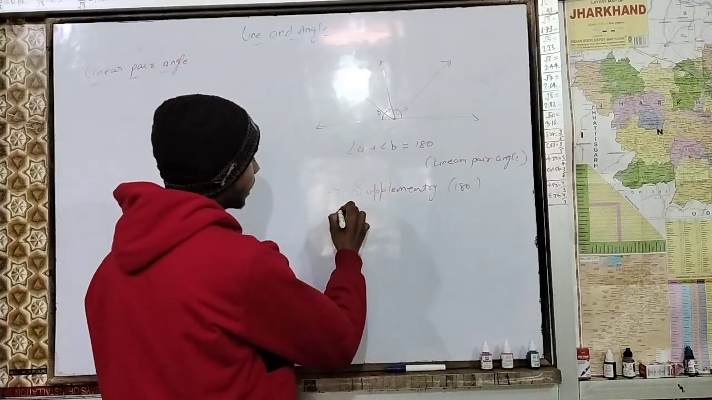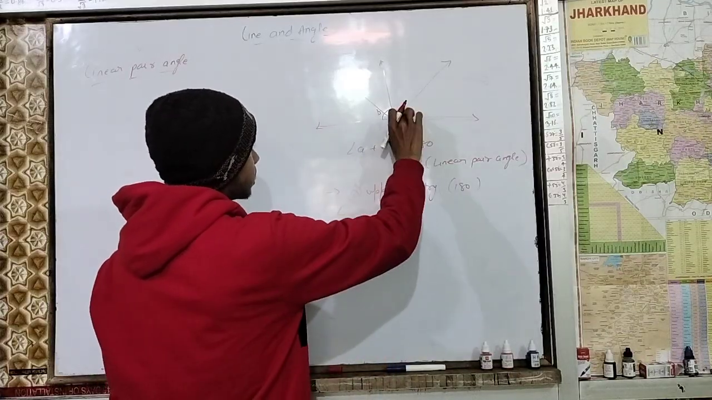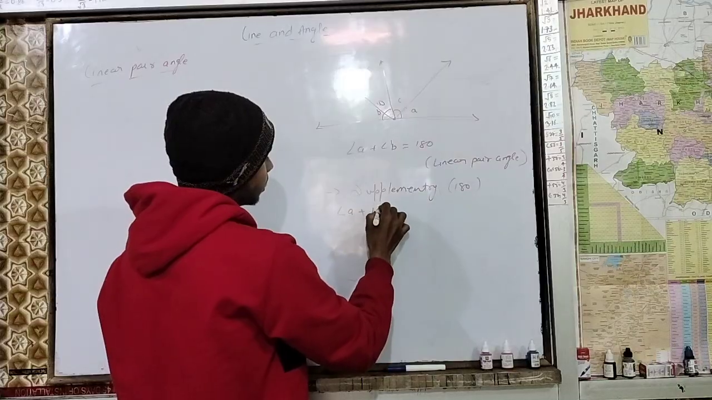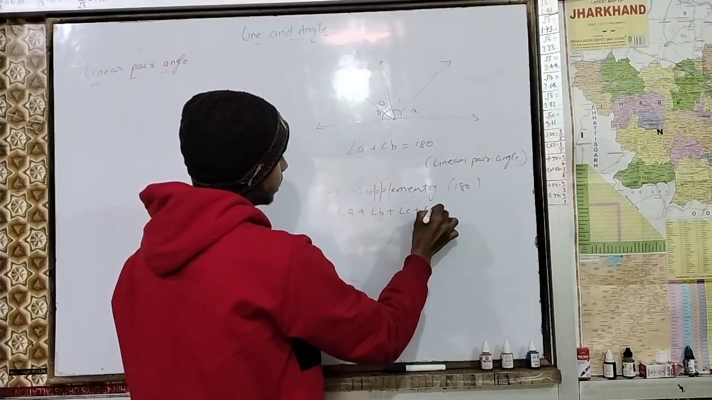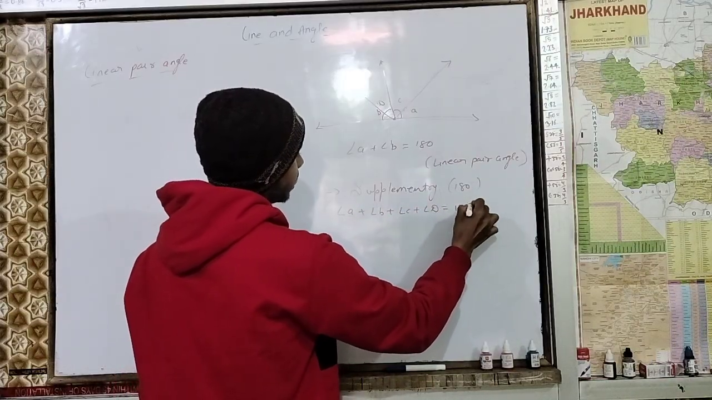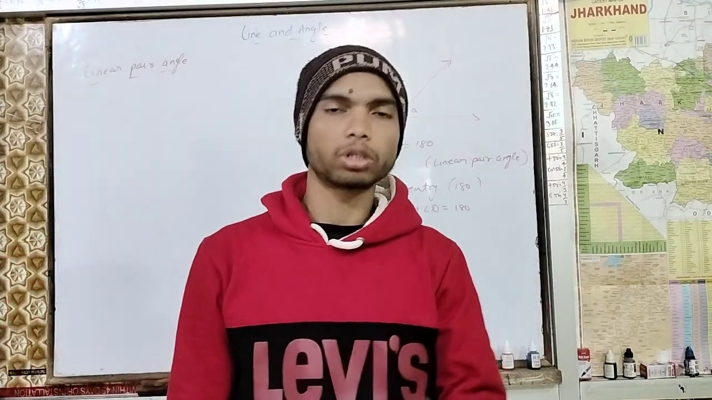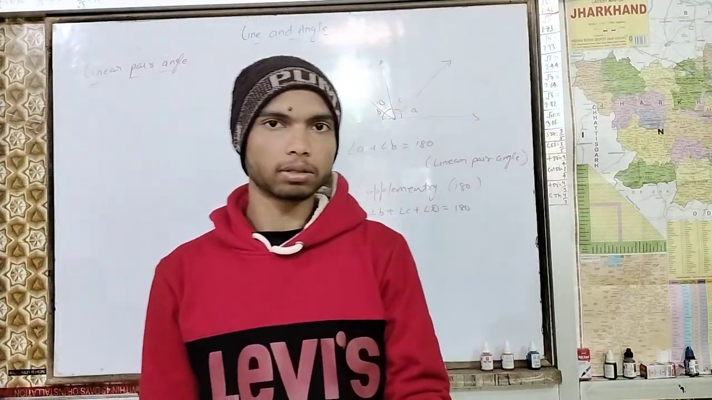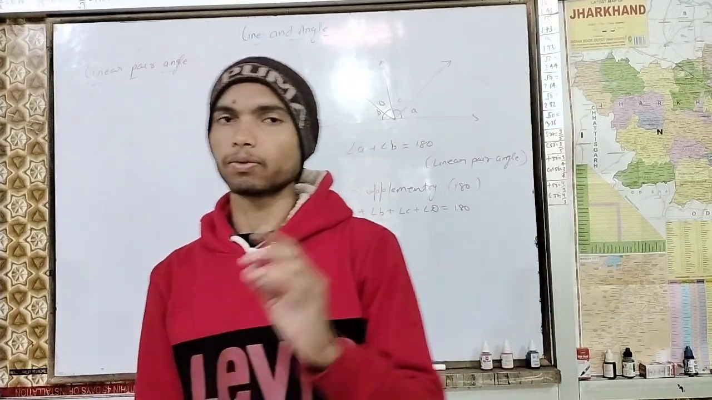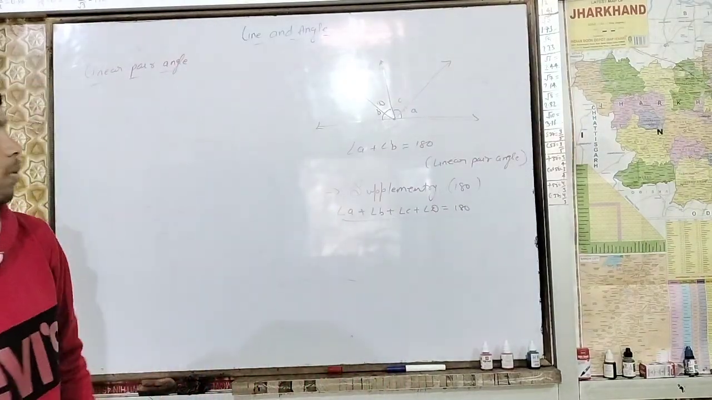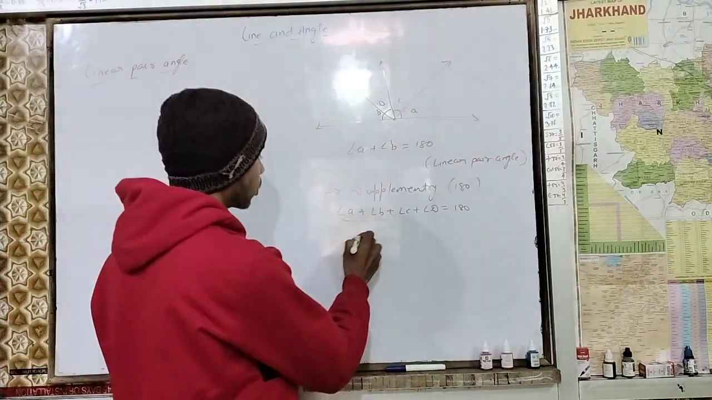Let's say these are angles A, B, C, D. Angle A plus angle B plus angle C plus angle D is going to be 180 degrees. It doesn't matter how many angles there are; the sum of the angles will be equal to 180 degrees. When it comes to complementary,